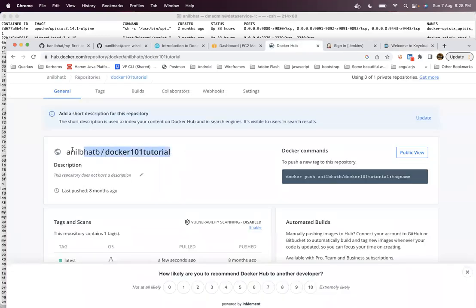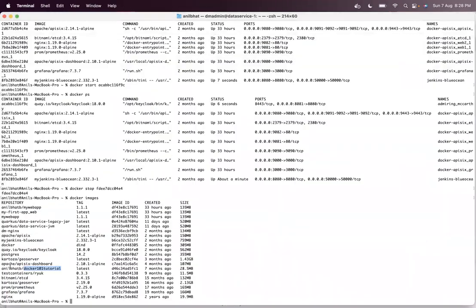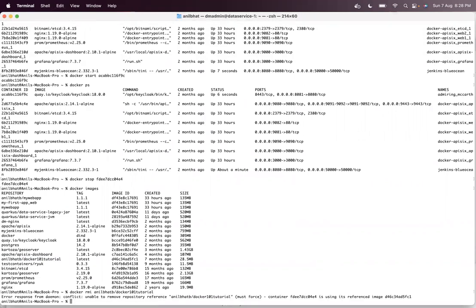This is what you actually downloaded, right? So that image is available here. So if you want, you can delete it using docker rmi and this particular image.